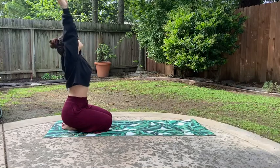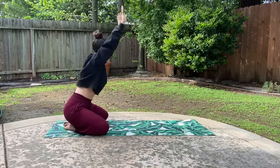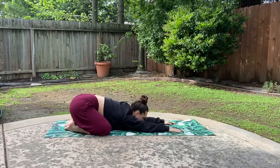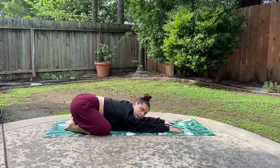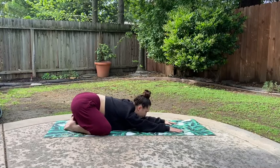Inhale, really reach for the sky. Exhale into a wide leg child's pose. So that means your knees are going to the edge of the mat. Hold here. Really grounding down into your mat, allowing your body to just relax and melt. Because now we're going to do 8 child pose push-ups. So the way you do that is you just bring yourself forward